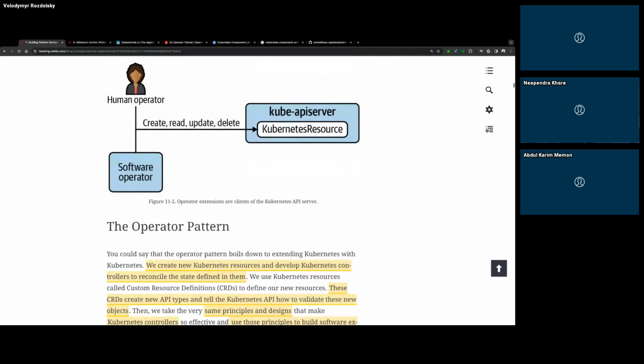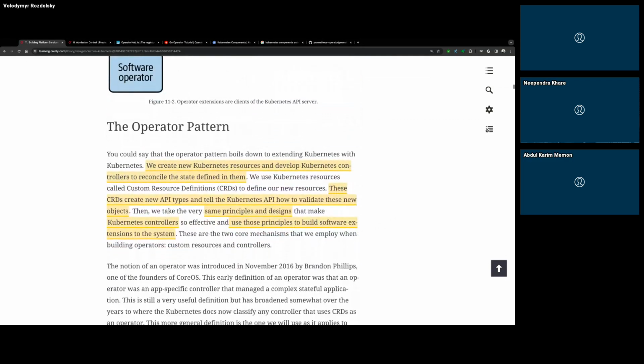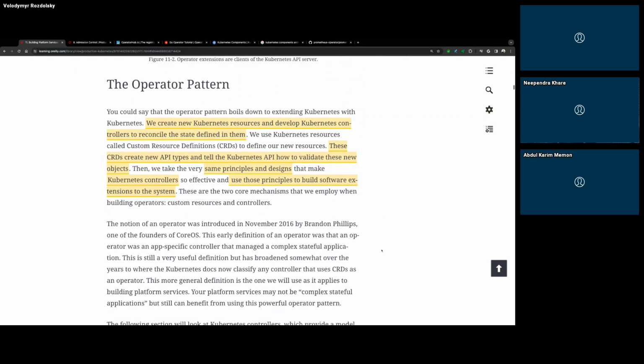Some of the patterns discussed here: Kubernetes resources, and developing controllers to reconcile them with the state defined in them. So they use CRDs to create the type of APIs. Before we create some kind of resource in Kubernetes, we create these CRDs that define the type of APIs.